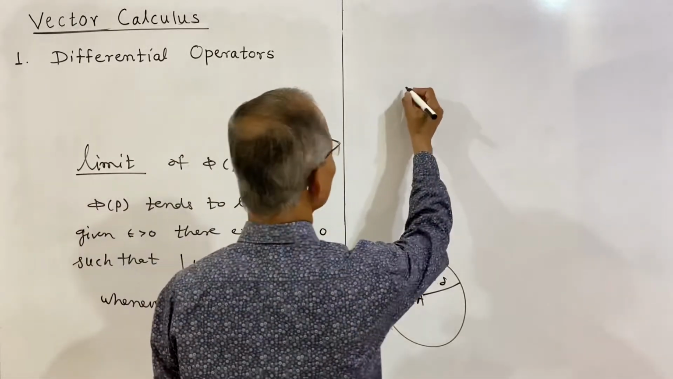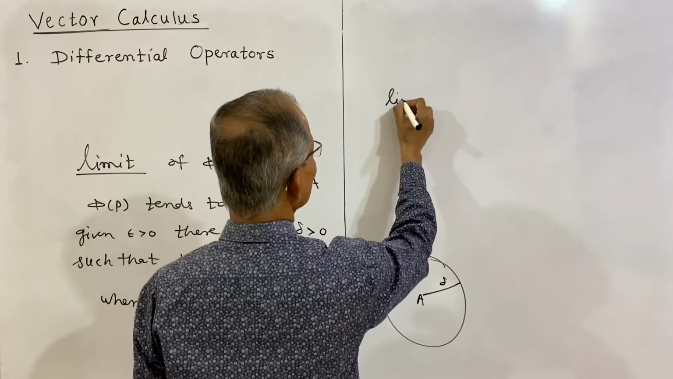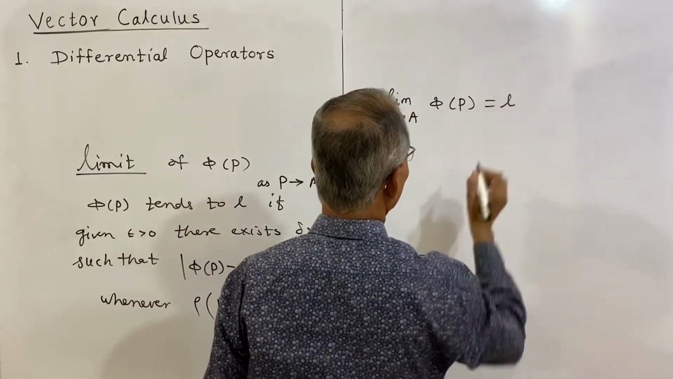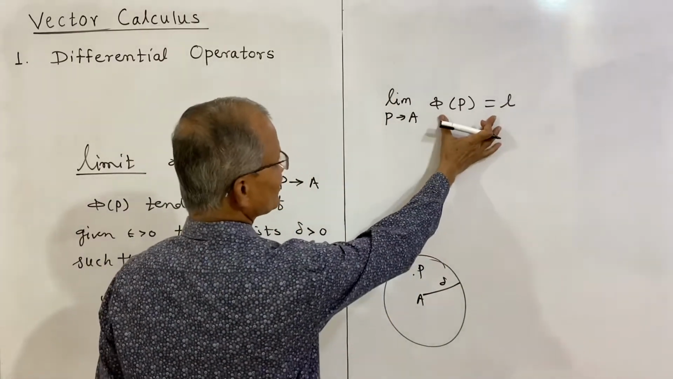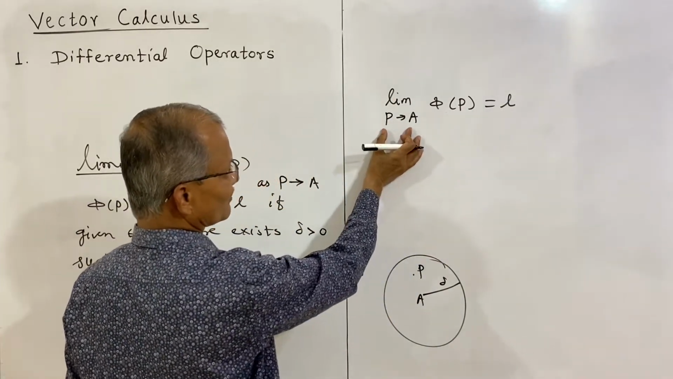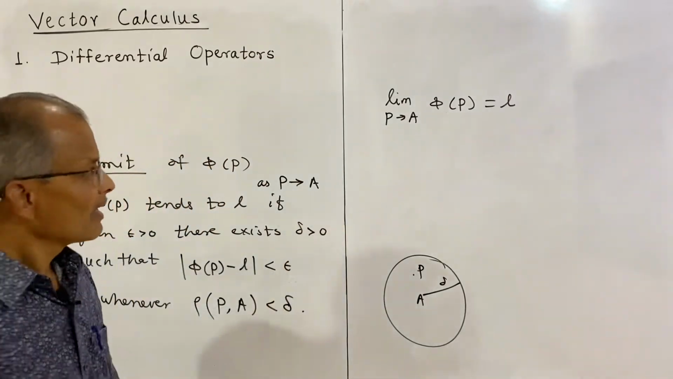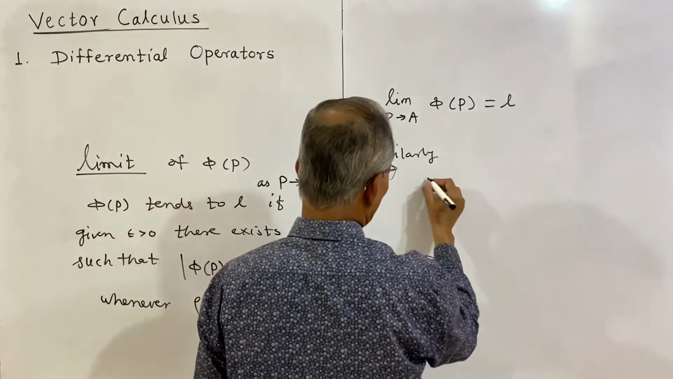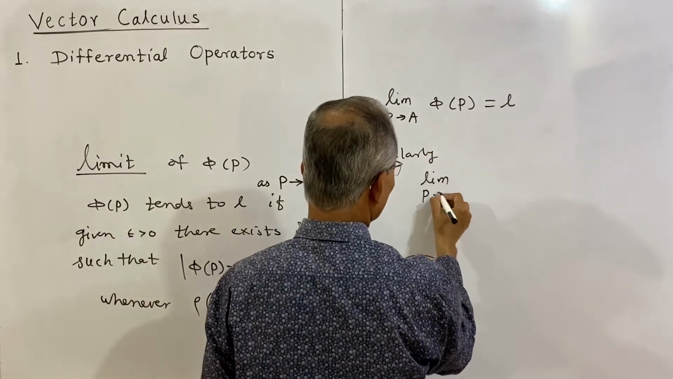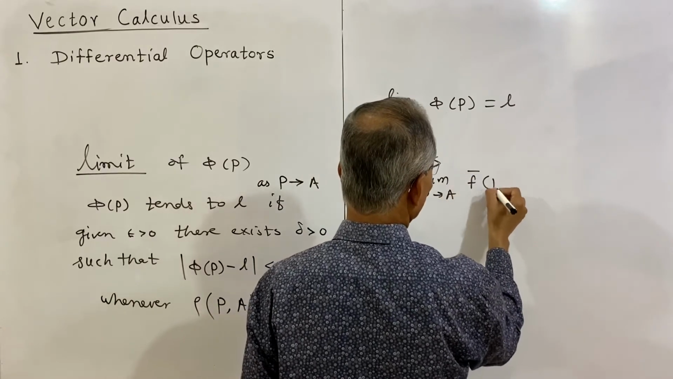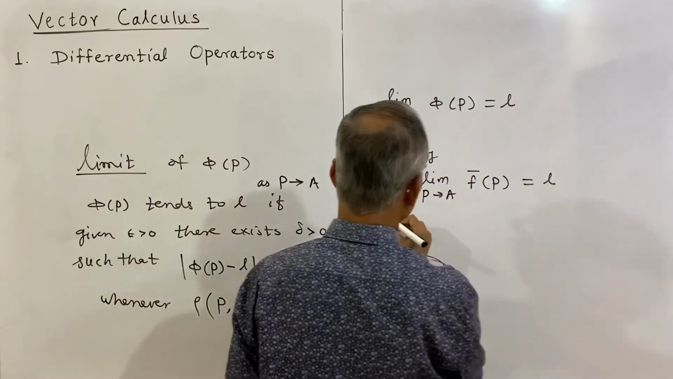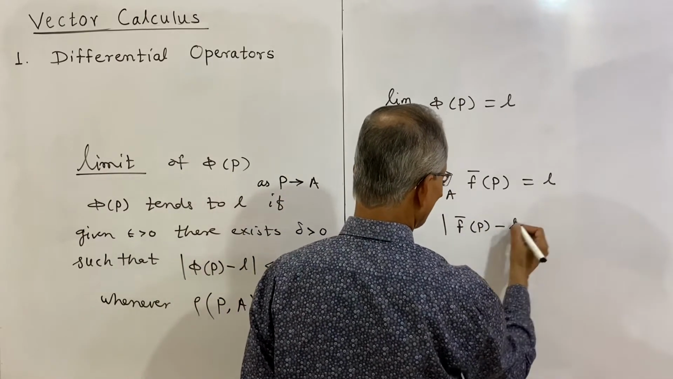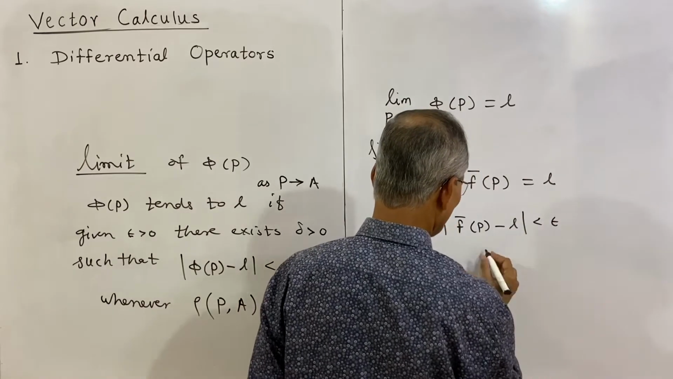Similarly, limit of vector point function. We write this as limit P tends to A of phi of P is equal to L. So, the absolute difference of this is less than epsilon whenever the distance is less than delta. And similarly, we can say limit P tends to A of vector point function f bar of P is equal to L if the absolute difference of f bar of P and L is less than epsilon whenever